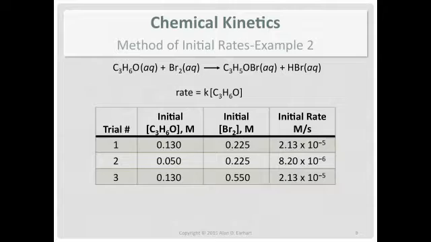Be careful on your interpretation of this. This appears to say that you don't need bromine. That's not what it says at all. What it really means is there's a minimum value needed for the concentration of bromine. Once you meet that threshold value, if you have a higher concentration of bromine, it doesn't affect the rate. See, if you look at this and go, oh, I don't need bromine, well, but look at the chemical equation. It's got bromine in it.